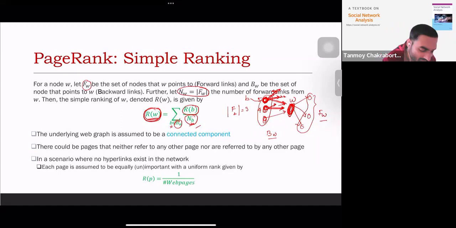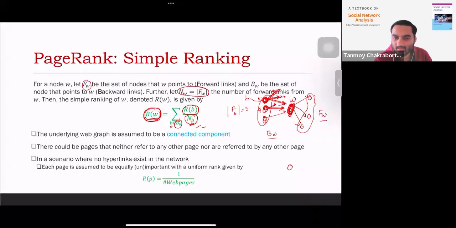Okay, now this is clear. Now through this, if the network is connected, then you can measure the importance of nodes accordingly. Now, what's the problem here? The problem here is that, let's say there is a node which is not connected to any of the